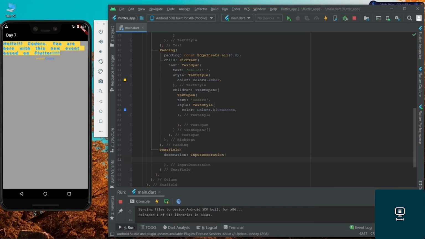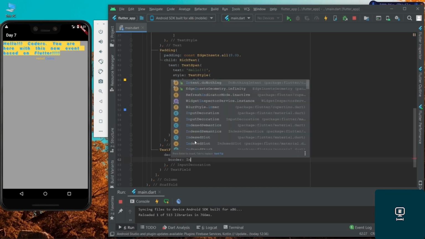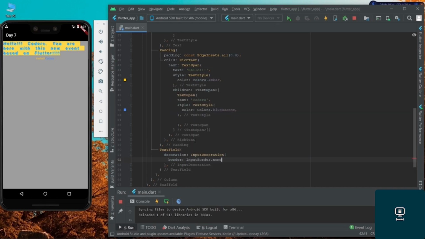Now we can also give some border to our text field widget, and we can specify what kind of border we want, so that the user can see that border or not. So for that, first of all I am going to give input border dot none. Now label text should be name,